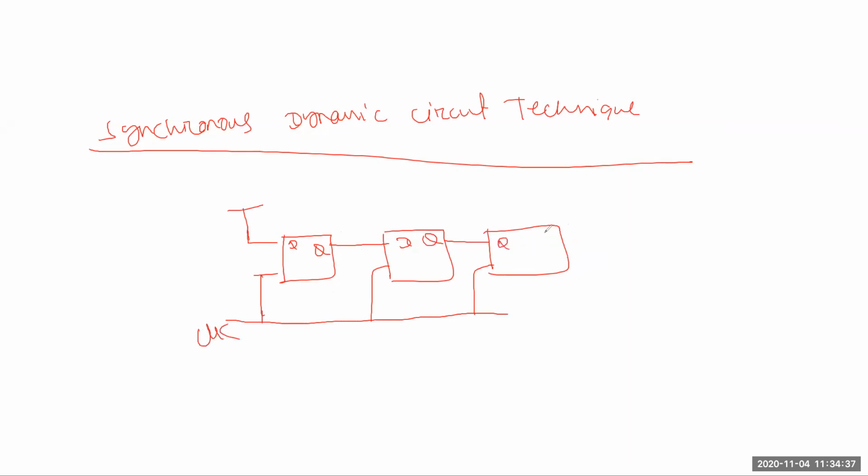This is just suppose, this is 3. So when clock is equal to 1, what happens? Whatever the data, it will come to here. Yes or no? Whatever the data was here previously will come to here, and whatever the data was previously here will come to here. In the next clock, this data will come to here, and that data will come to here, like that. So this is the shift register. These things you can also implement in dynamic logic circuits. Suppose, how will we implement it here?